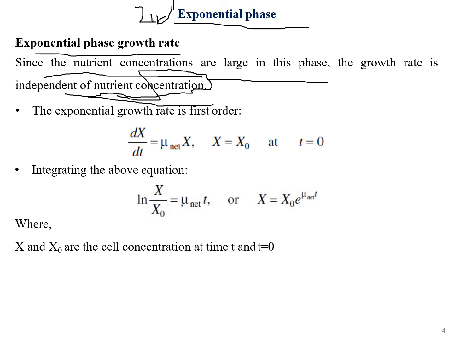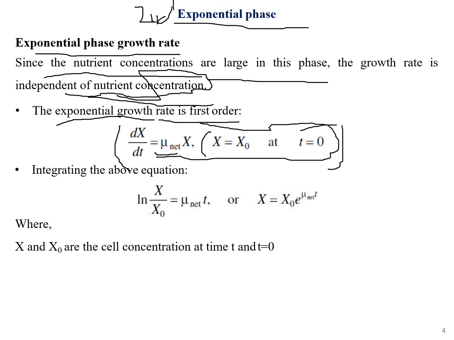The nutrient concentration decreases when we move into the stationary or the deceleration phase. Also, the exponential growth rate in first order is given by dx/dt equals mu net x. So mu net, as we know, is the net specific growth rate. In this, x equals x0 at time t equals 0. Also, after integrating this particular term, we get ln(x/x0) equals mu net t,